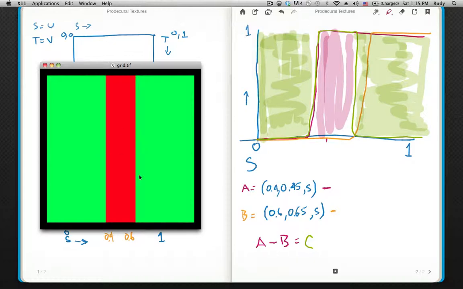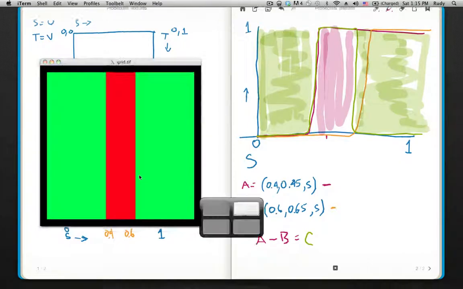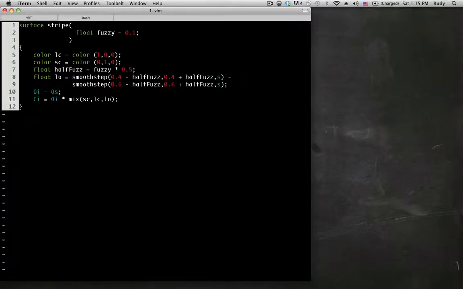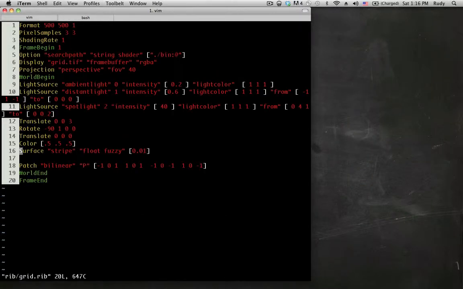It went up and went down. So right there, we just created a simple stripe. Pretty straightforward with a simple command, and we still have control over the fuzz. So if I go over here and go back to my rib file and change the fuzz value, let's give it a value of 1,